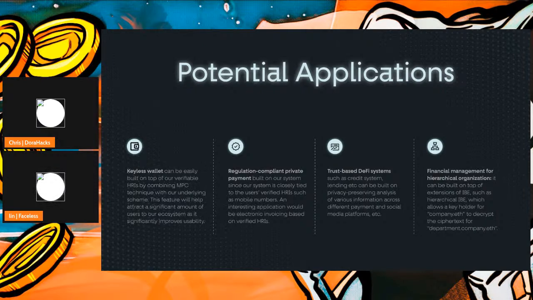Here's one example, the hierarchical IBE scheme. It allows the key holder of an identity to derive the keys of the extensions of this identity, right? So let's say you're the CEO of company A. Then you have the master key for this company, which can be used to derive all the keys of company A, so you can see all the transactions in the company. On the other hand, if you're maybe in marketing, you're going to be able to see all the transactions in this particular department, but nothing outside of this department, right? So you can see this is a very handy tool when it comes to financial management for hierarchical organizations.